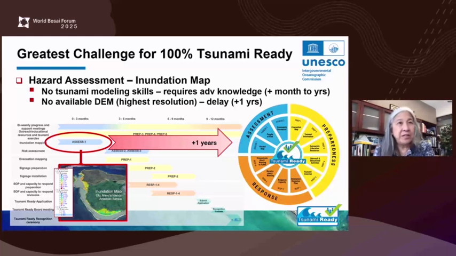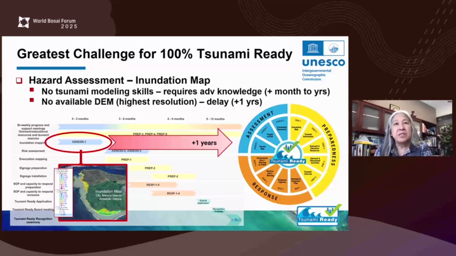And we're also seeing that there's no available DEM, no high resolution bathymetry, no ability to have some kind of DEM or global regional database from which to draw upon. And those are delays that are weeks, months, but certainly years or decades. And so that is our number one gap, where we think about Tsunami Ready as perhaps taking a year to go through the different indicators of assessment,